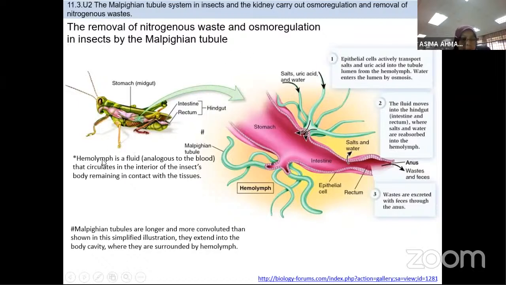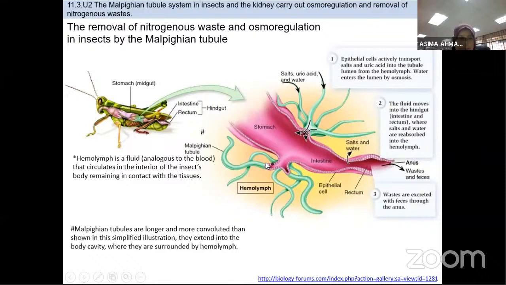So first, you must know what hemolymph is. Hemolymph refers to a fluid that is analogous to blood. Like us, kita ada blood. So kalau insect, they call it hemolymph, that circulates in the interior of the insect's body, remaining in contact with the tissues. Semua hemolymph ni, hemolymph outside ni, is in contact with the other tissues here. So hemolymph is similar to our blood. Maksudnya dia adalah semua